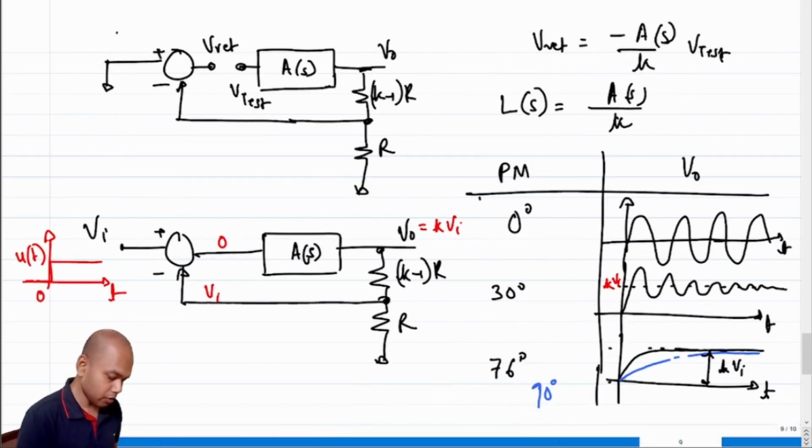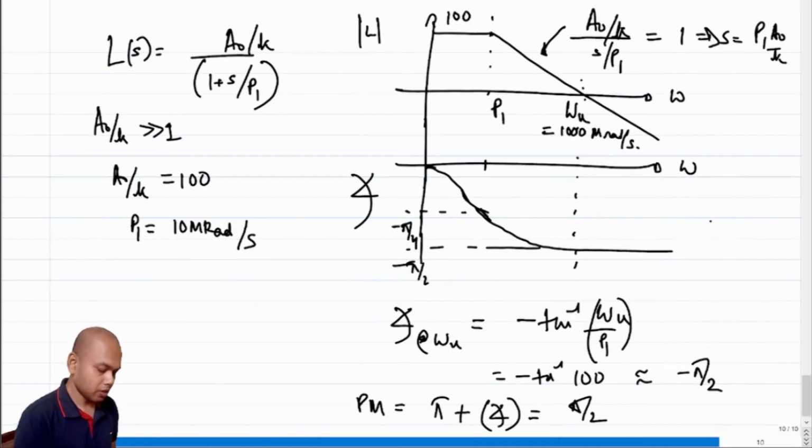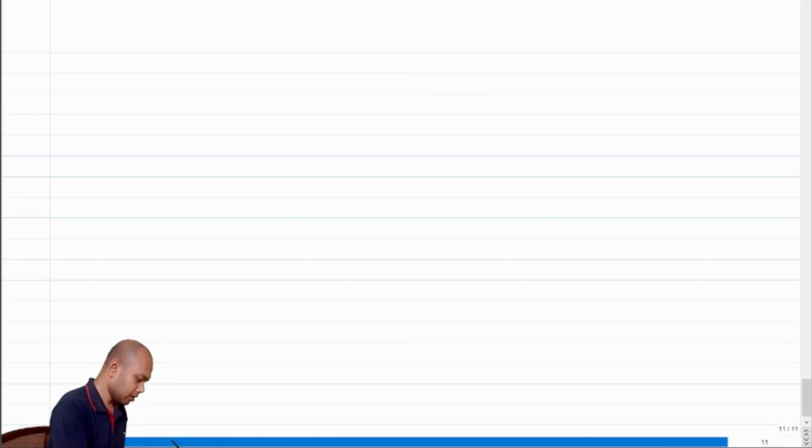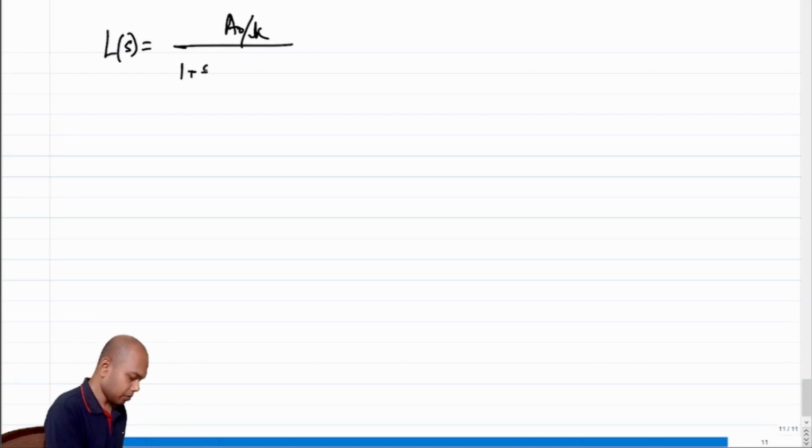If I take a look at this lookup table, this corresponds to this plot. So the first order system will be unconditionally stable, not a problem. So now let's go to the second order system. Let's say L of S is A naught over K, divided by 1 plus S by P1, times 1 plus S by P2,